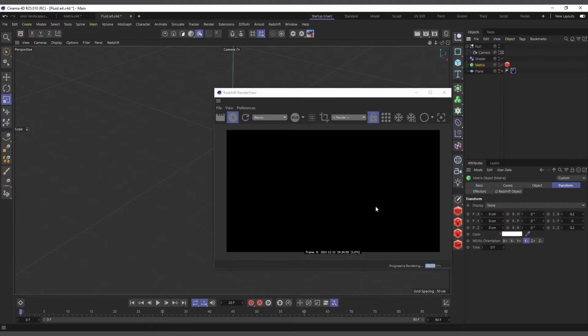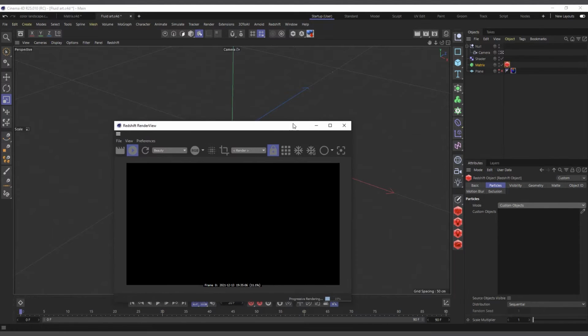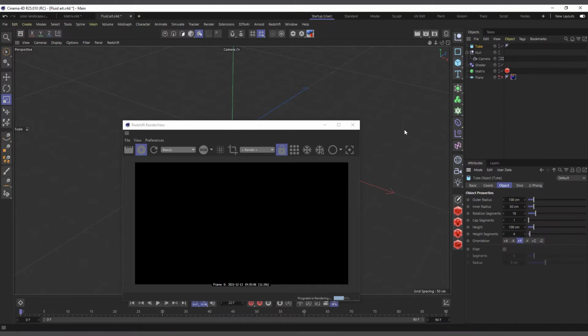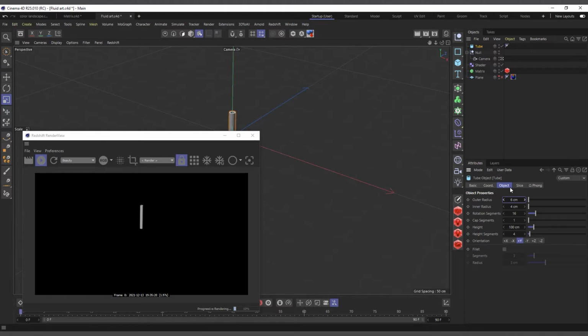Instead of using point instance in the Redshift object tab, you can use our own custom object. So I'll set it to custom, and the object we are going to use is the tube. I'll set the inner radius to 4 and the outer radius to 6, so we have a ring, and I'll reduce the rotation segments to 3.